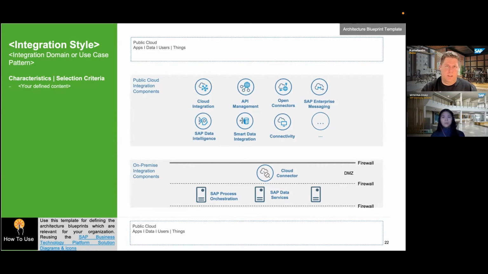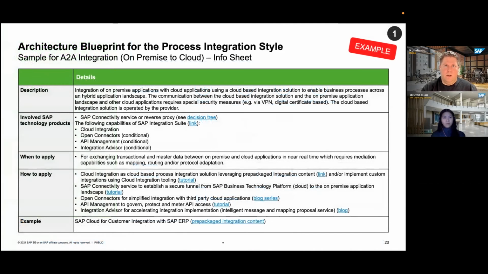And again, as part of our sample architectures, of course, this is already pre-filled. So how does such an architecture blueprint look like? So this is the example here. This is the architecture blueprint for our application-to-application integration on-premise to cloud. This is the info sheet. So this is basically, if you think about an inventory, the first page that provides a description of this architecture